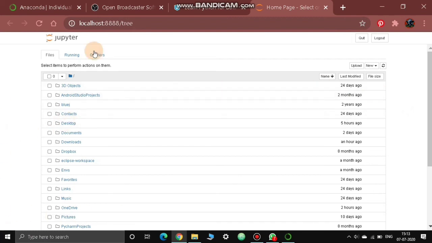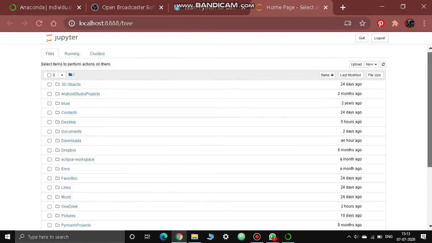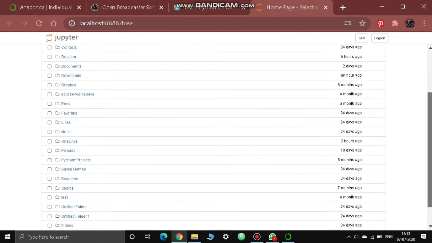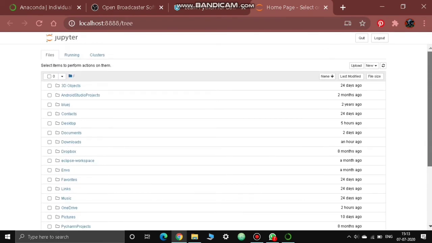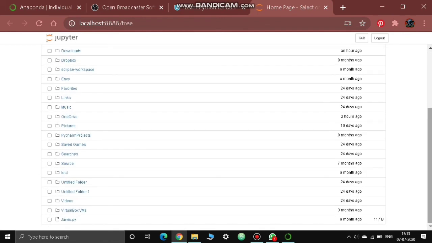So here we are at the Jupyter Notebook, and we can see this address referred to as localhost colon 8888, and then a slash and a tree. Now what is this address all about? Localhost means your Jupyter Notebook is hosted on your own machine and opens in your Chrome browser without any internet connection.